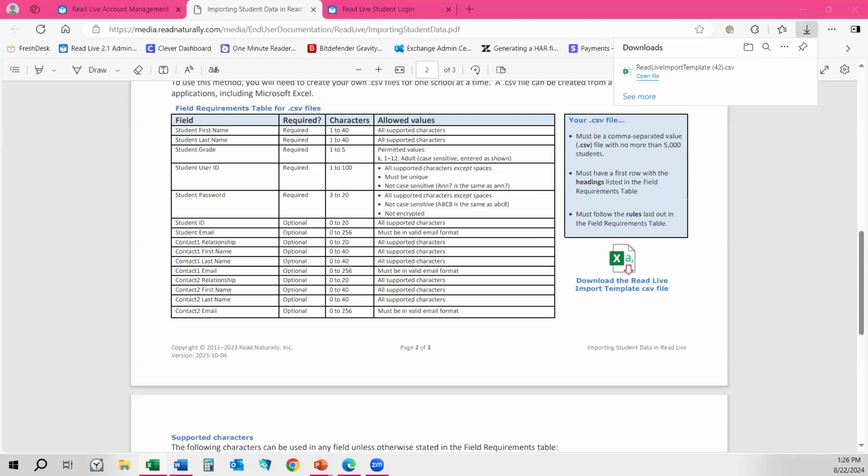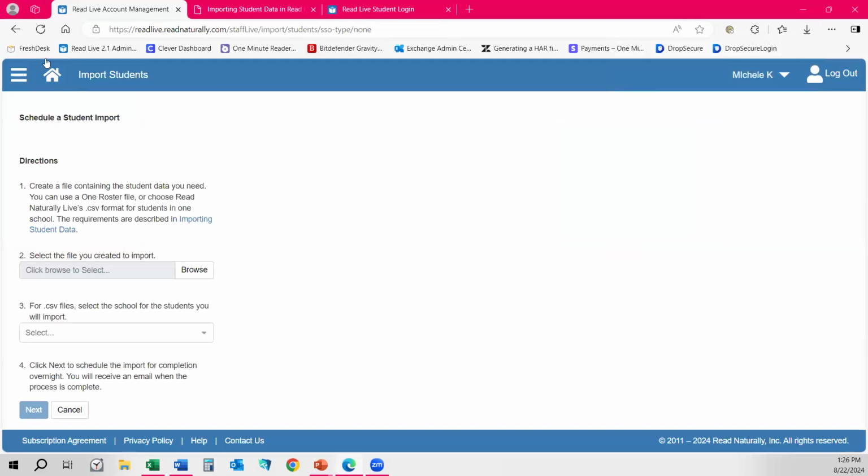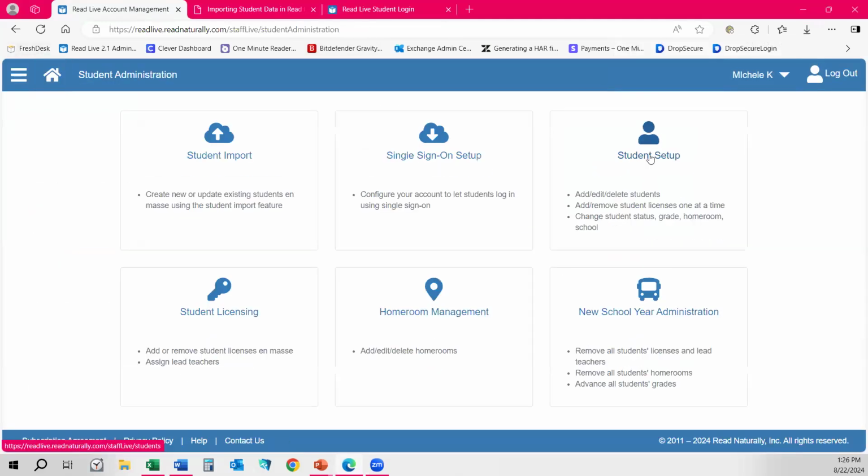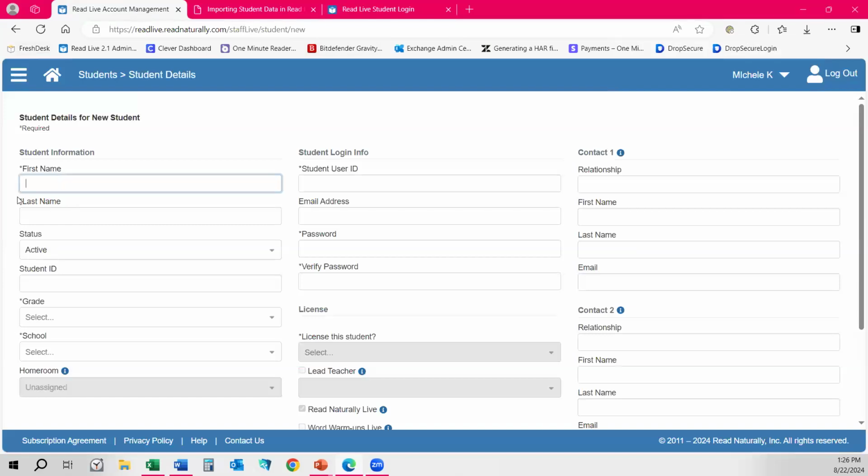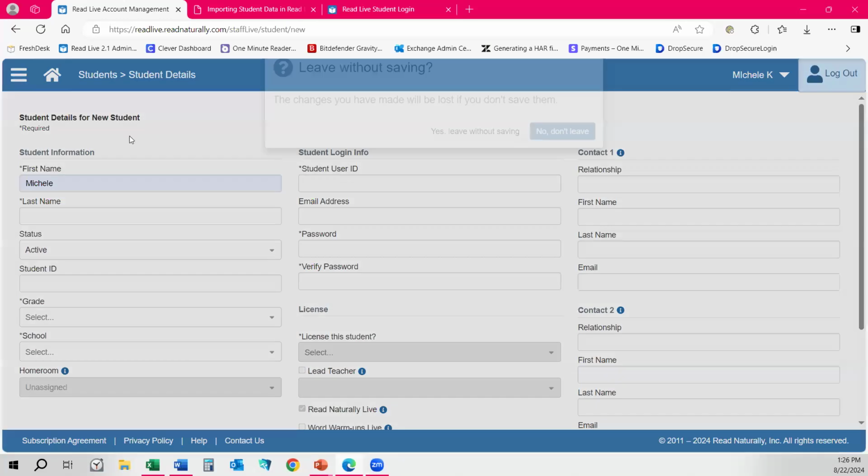So the template that downloads has the same column headers as we see when adding manually or individually. In the CSV file, the first columns are first name and last name. There's a grade. You don't select a school, but you're entering a user ID, the student's email address, and password, all in this CSV spreadsheet. And when you're done and you've saved your spreadsheet,